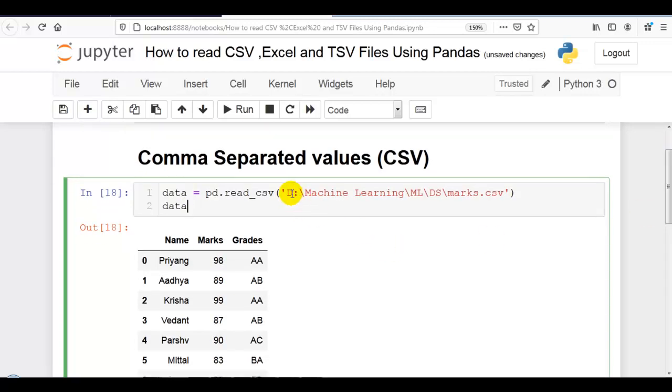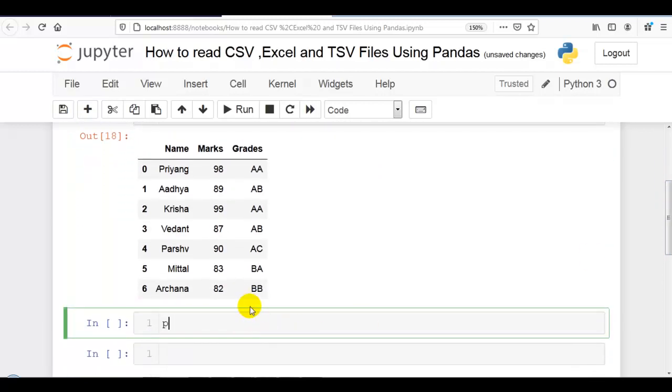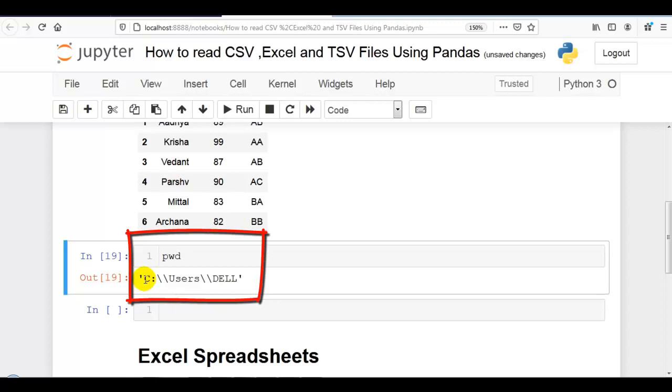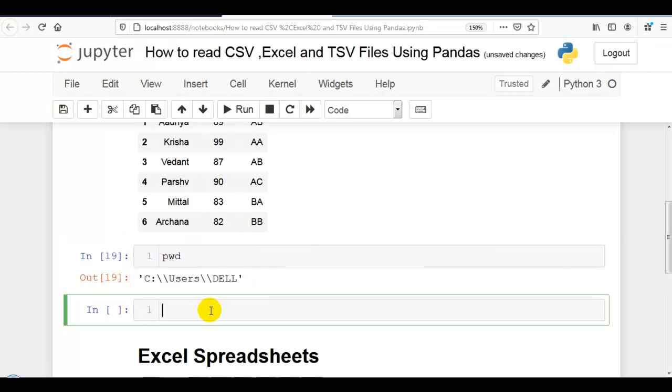Now if you do not want to give this path every time, then what do we have to do? For that you have to write pwd to know your current working directory. In my case, my current working directory is C users del. So every time I have to paste my data set at this particular path.